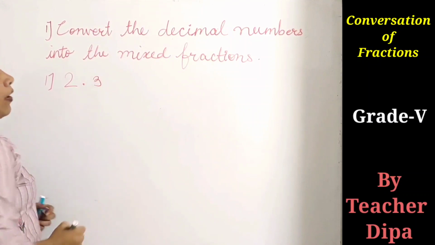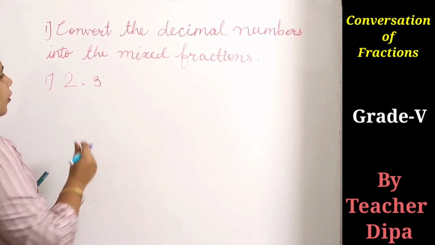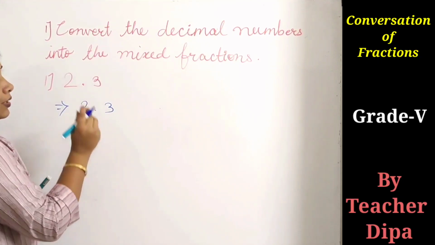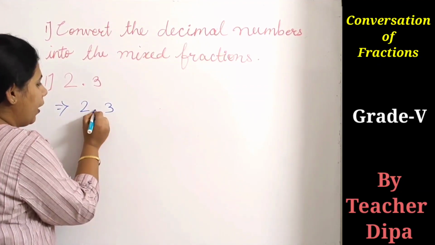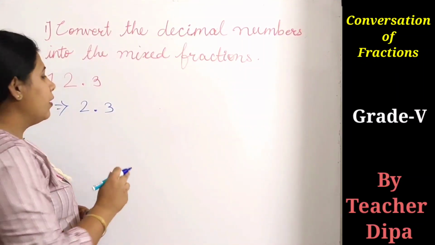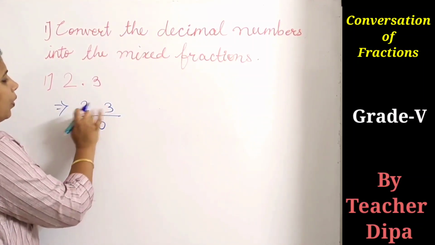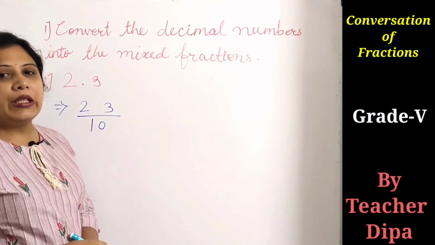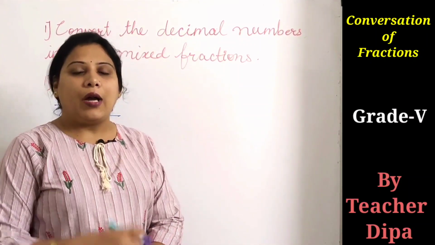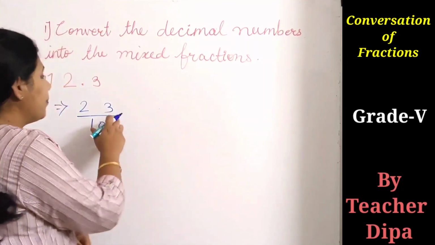The first number which I have is 2.3. Now how to convert that? As I told you, first of all, the 2.3, I have to convert it into the fraction. For that, to remove this decimal point, we have to write down the denominator, and for the denominator, we need to write 10 and we can remove this point here. So I got the number 23 by 10. So my fraction is 23 by 10, and the number which we are converting into the mixed fraction is always an improper fraction.